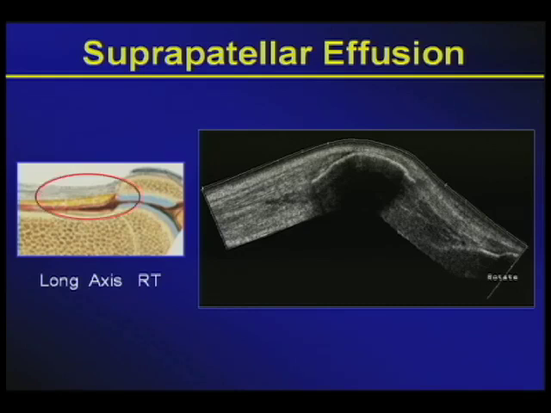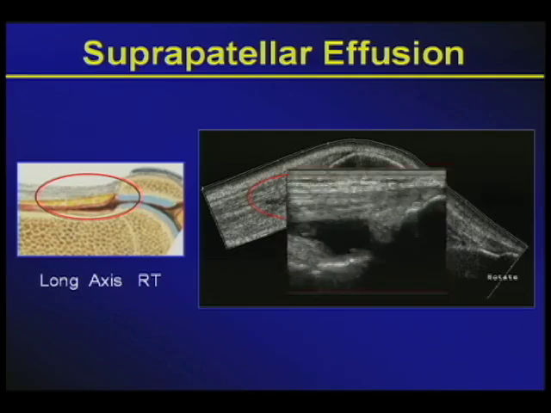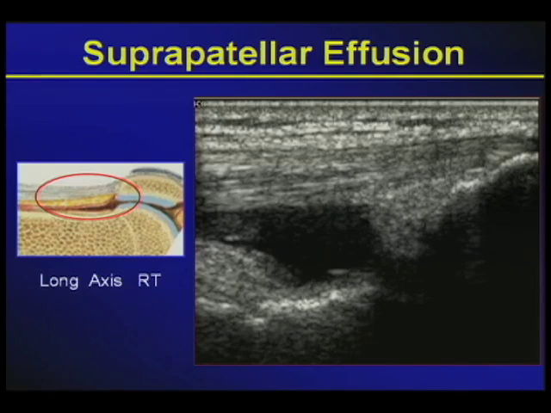But once you have localized topographically exactly where some fluid may pool, then that's where you apply your transducer. In the long axis view, again this time with a little bit of zoom effect, you see the bone acoustic landmark of the base of the patella, the fibrillar pattern of the distal quadriceps tendon, the triangular hyperechoic suprapatellar fat pad, and the more lenticulate-shaped prefemoral fat pad. In between the two, you could now detect and appreciate the marked separation between these two fat pads for what is essentially an uncomplicated